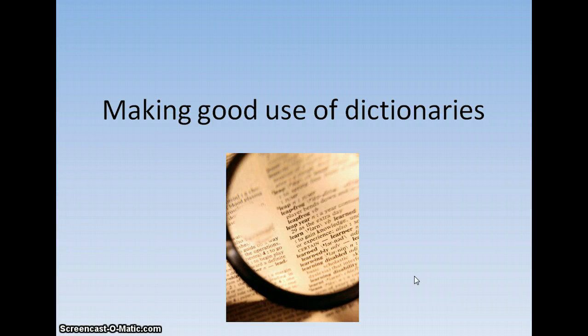Hello everyone. Today we're going to look at the use of dictionaries and how we can make good use of them. I'm sure you've all used dictionaries at one point, but you might think the topic is a little boring. Maybe my teacher couldn't possibly pick a more boring subject than dictionaries. However,